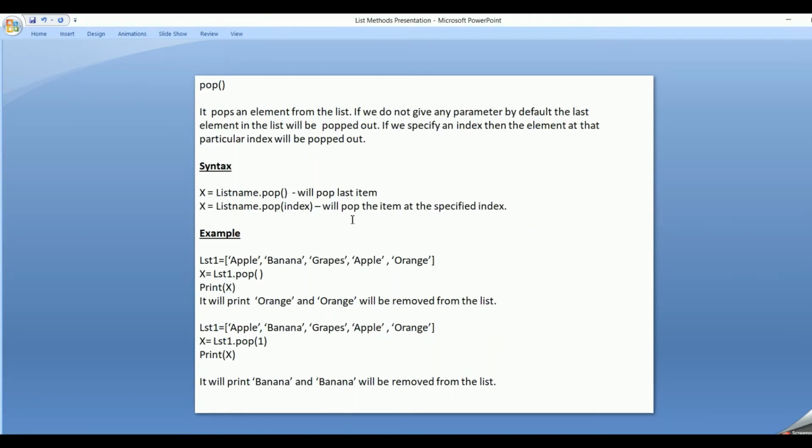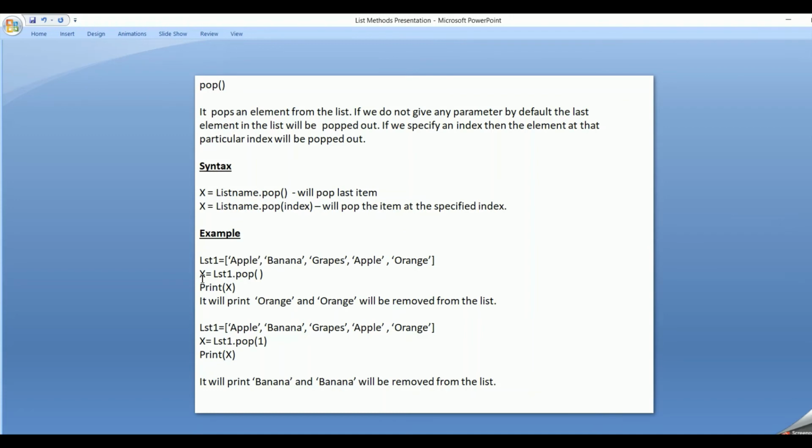Now let's go into the pop built-in function. What does pop do? It pops an element from the list and removes it from the list. So by default, if I have a list and if I say x equal to list name dot pop, and in the brackets if I don't specify any value, by default it will pop out the last item from the list.